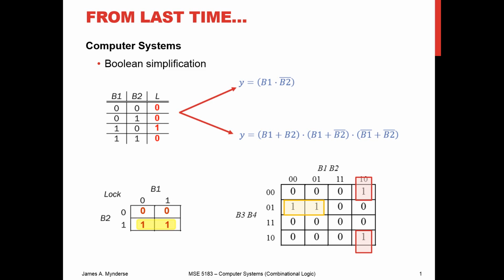Hi, folks. So last time we were talking about computer systems and Boolean logic, and in particular, Boolean simplification. Remember, we did an example where we had buttons B1 and B2, and we wanted to unlock a door. And so we showed that we could do sum of products or product of sums in order to write a Boolean algebra expression for the output, the lock, whether it was locked or unlocked, as a function of the input